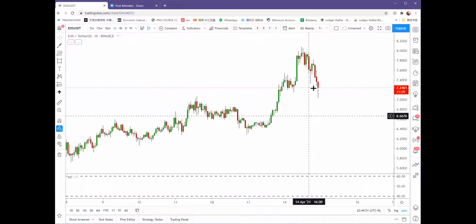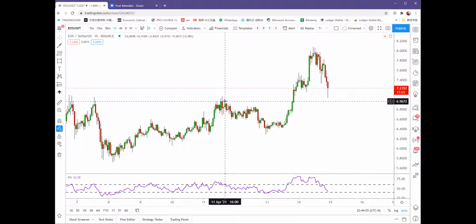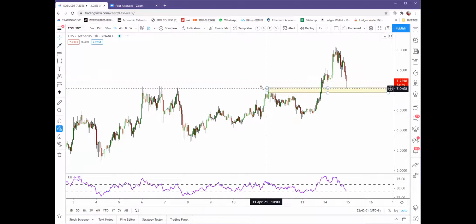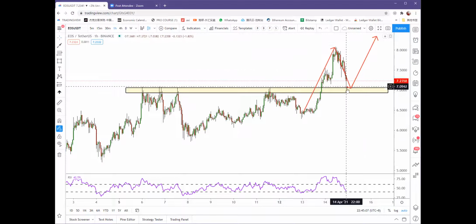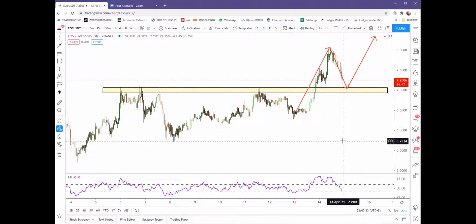And look at the EOS, US. Okay, rally from $6 to $8, going back to test the previous high. So I think EOS is okay to consider to buy. Right, EOS is making a new high. So this is also a structure and a breakout trade. Okay, breakout and retest. Okay, retest, you go. Okay, it's quite easy to understand this